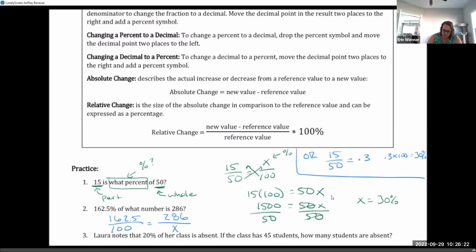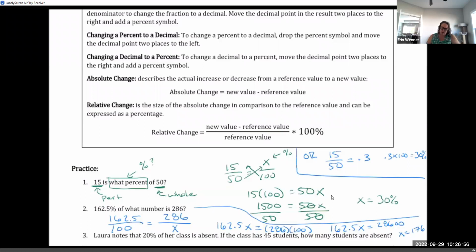So cross multiplying, we're going to have 162.5x equals... I really need to redo this so we have more room to write this stuff out. And then we have 286 times 100. So simplifying, we'll have 162.5x equals 28,600, and then dividing, we end up with